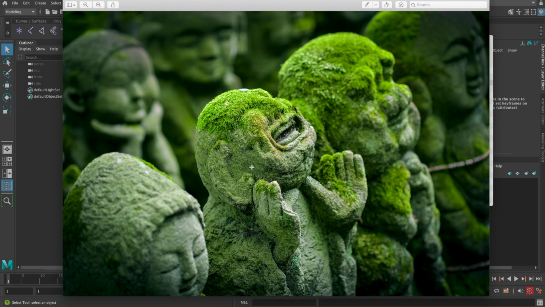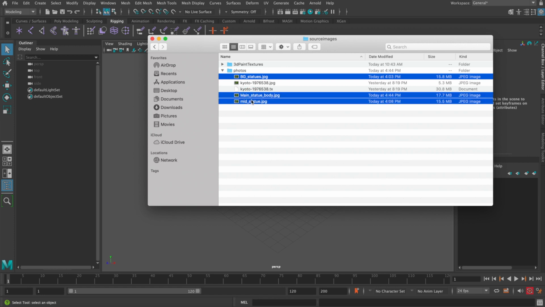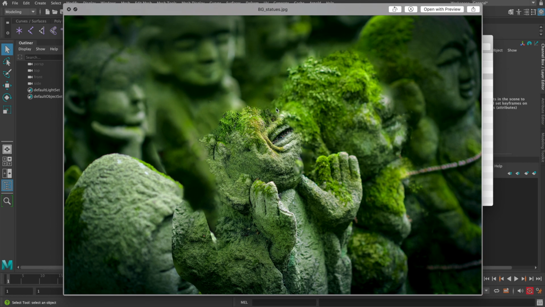First thing, we want to create a camera projection. It's extremely important to think about what part of the image you're going to be painting over. So let me show you what I did here. I split this image into like 3 parts. The first part, which is the biggest painting job, is called BG statues, which is basically focusing on this background, painting out everything that's between this statue and between these statues and the background. So we're trying to get as much background as possible,